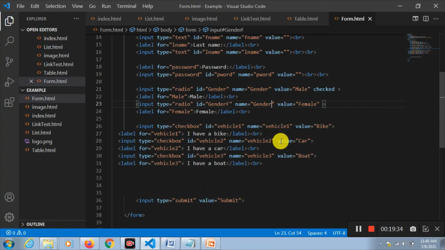Many other designs we can do here in HTML using CSS. So the basic idea I have given you is how to use a form, how to use a table, how to use images, how to use lists. Now, in our next tutorial in CSS, we shall be covering this. There we can use colors, borders, background colors, and many more things.